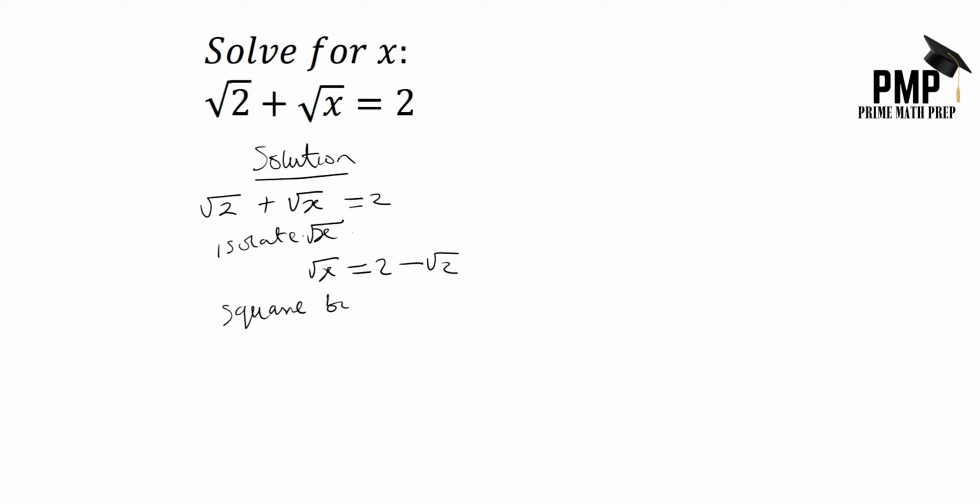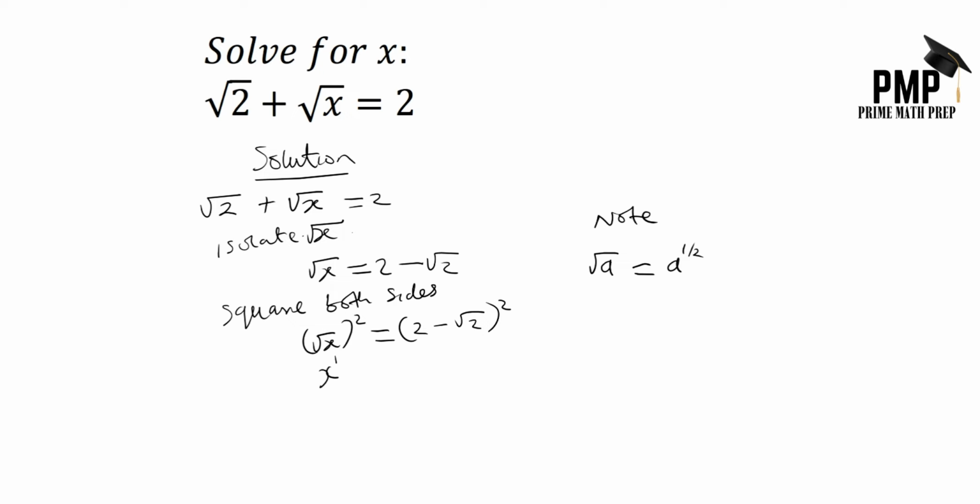Square both sides. This will now give us root x squared equal to, open a bracket, 2 minus root 2, all squared. Note that root a is still the same thing as saying a raised to the power 1 over 2. Therefore, we apply it here, we get x raised to the power 1 over 2, bracket close, squared, equal to,